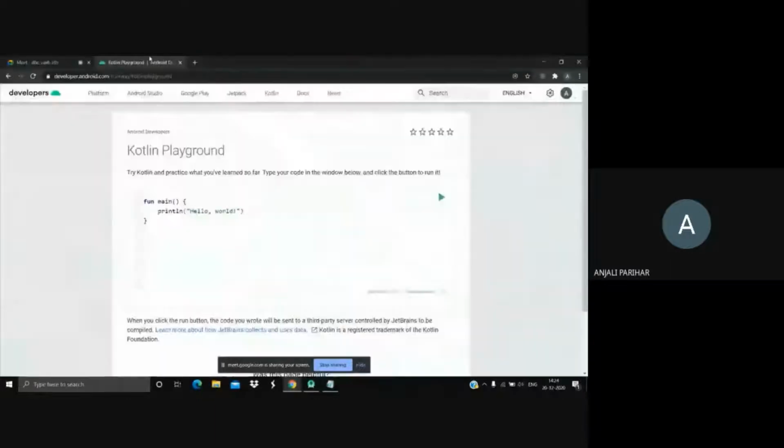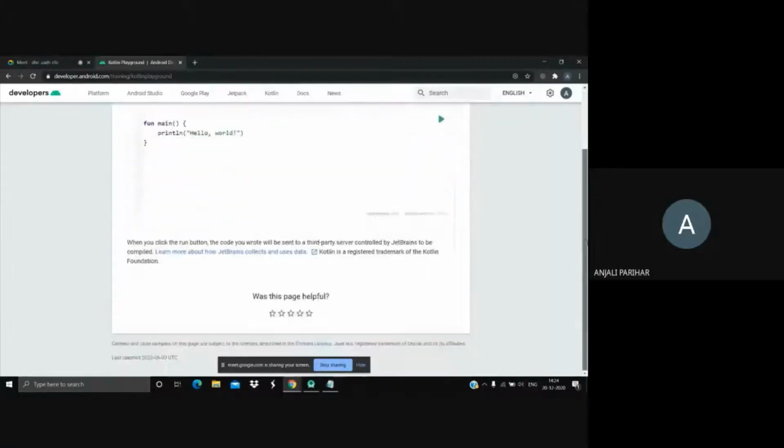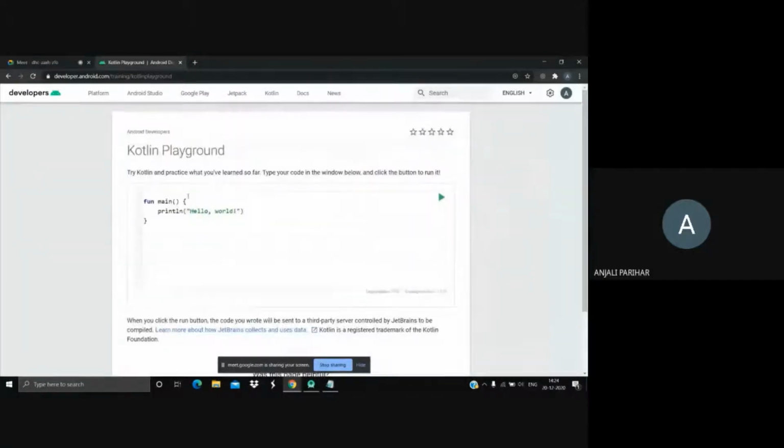Is my screen visible? Yes. Okay. So we are on the Kotlin playground. I'd suggest you have either pen or paper with you, or follow along with whatever exercise we'll be doing. That will be really good.